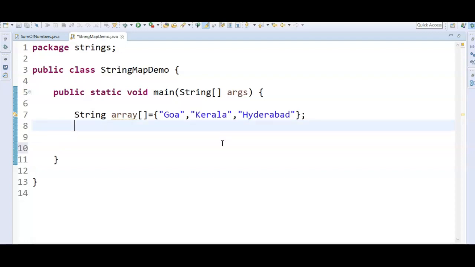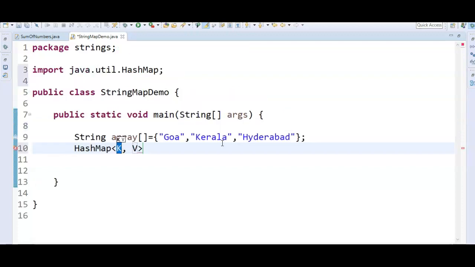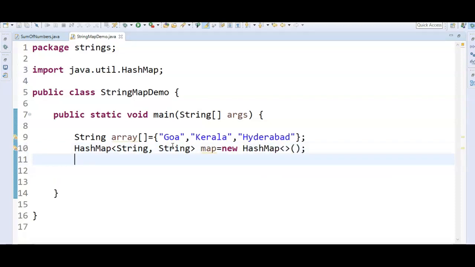Now we need to create a hash map. So HashMap of String comma String, map equal to new HashMap. It's not HashMap, new LinkedHashMap.